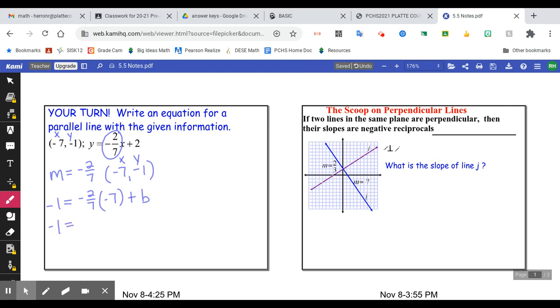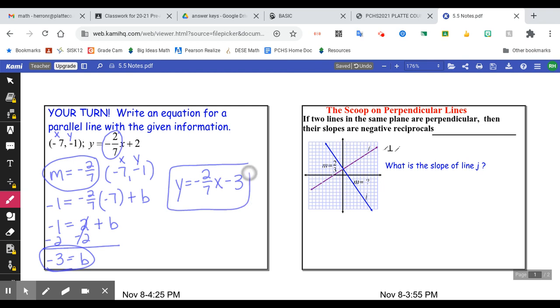Negative 1 equals 7 times negative, or 2/7 times negative 7 would be positive 2 plus b. Okay, I'm going to subtract 2 from both sides, and that gives me negative 3 equals b. So again, here's m, here's b. Your new equation should be negative 2/7 x minus 3. Okay, hopefully you did okay with that. Again, same thing because it's the same slope, but it has a different y-intercept when we plug it in a